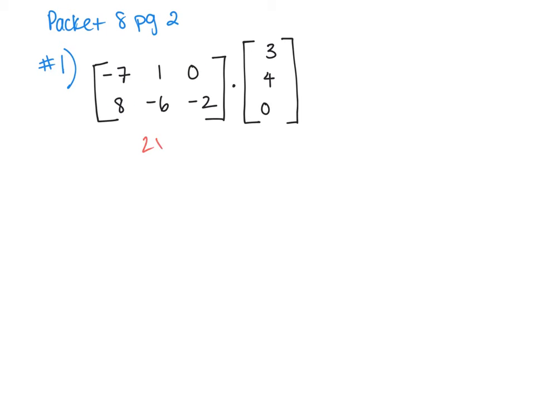So 2 by 3. This one looks like we have 3 rows, right? 3 rows, but just 1 column. Notice how skinny it is because it has 1 line of column or vertical line of numbers. So in this case, notice how the inners do match. So because they match, we do get to multiply them. But you can see that the outer dimension is a 2 by 1. So this is actually a very skinny or very small